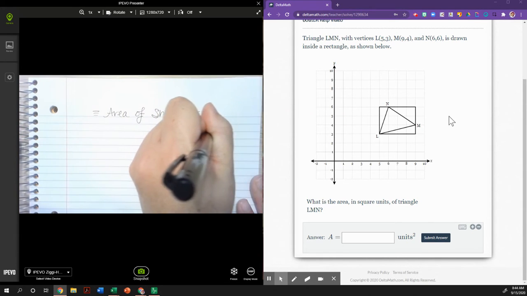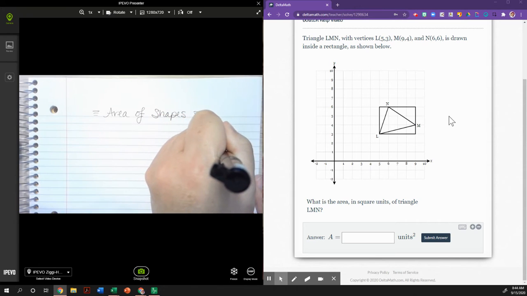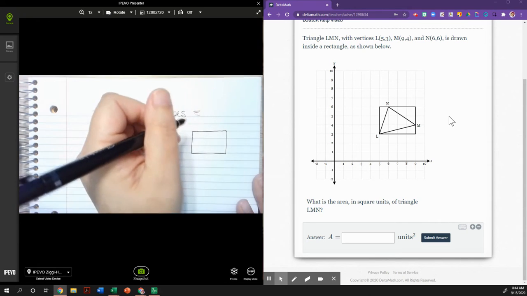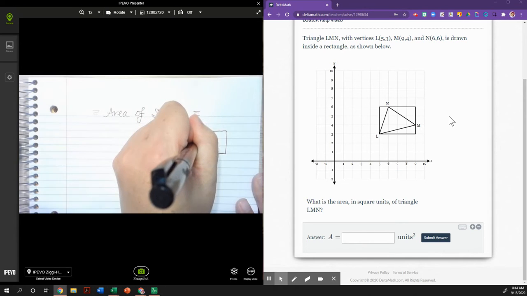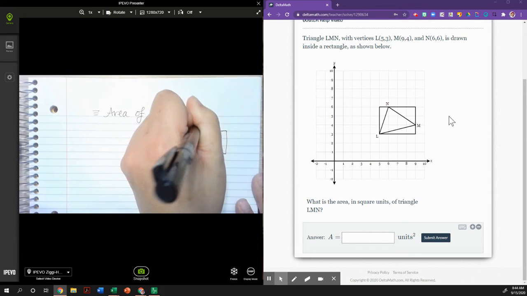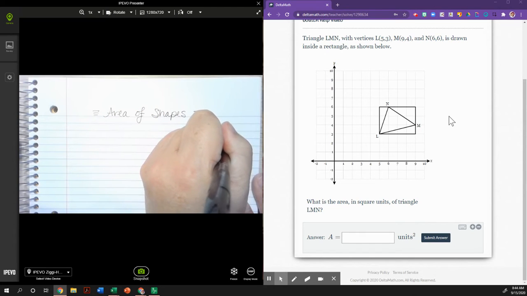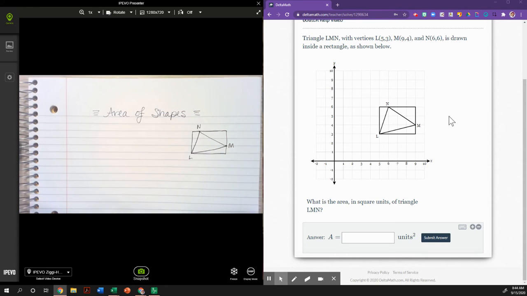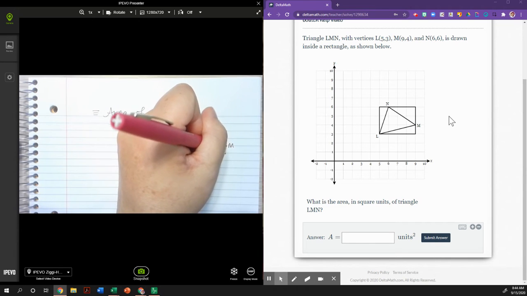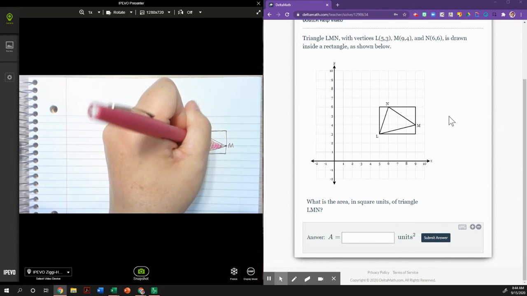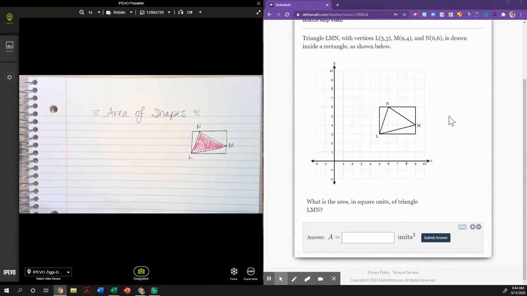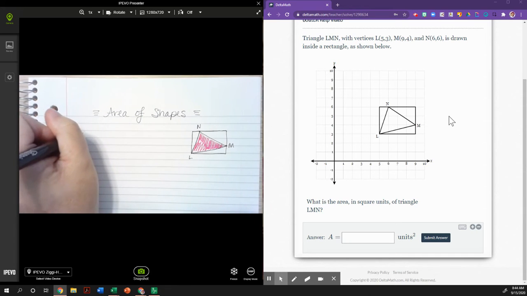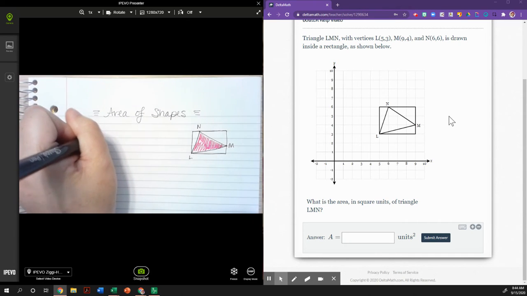Okay, all right, so if I just recreate the picture, and I'm not going to do anything horribly fancy with it, we've got N, L, and then we've got M over here. When they're asking for the area, they want us to find the area of this shape right here. Now, if you know your area formula for a triangle, you know that it is 1/2 base